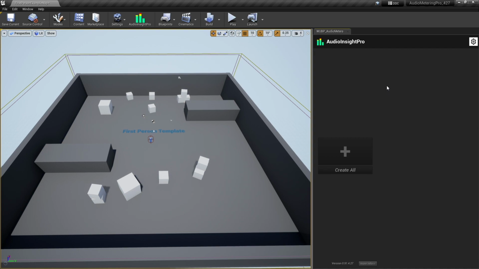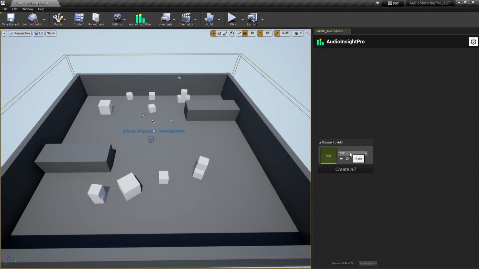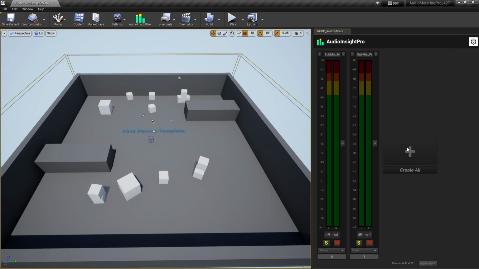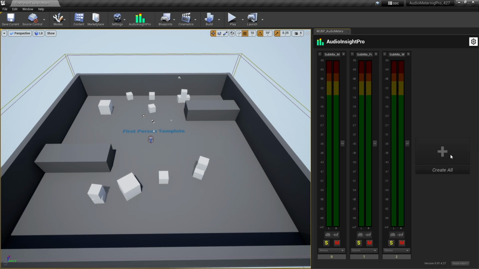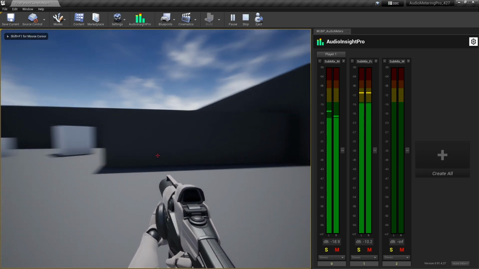But as far as the functionality goes, everything is still pretty much the same. I do say pretty much because there are a couple differences. For example, in our settings in Unreal Engine 4, we only have access to the visualization quality and the ability to create meters with random colors. But as far as the metering goes, everything else is still the same. So we've got our music, our footsteps, and our weapon sounds. And if I go ahead and hit play on this,